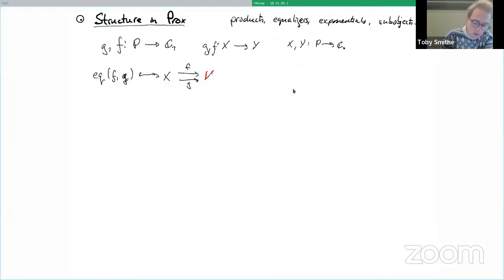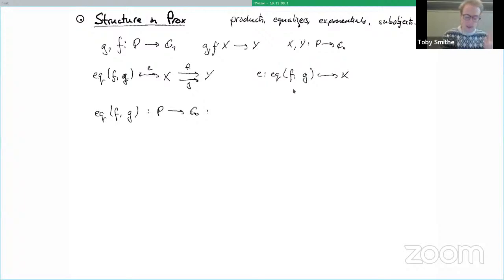And of course, this should be something like this, X, making this kind of diagram commute, F, G, Y. So, okay, what does it mean for this to be the inclusion? What does it mean for E to be this type? Well, okay, first of all, we need to define this object. So each F, G is going to be a map from P to C0. And say we're in this kind of set-like situation I mentioned earlier. It takes a parameter P, and it gives me the equalizer object because we assume that C0 has equalizers. So this is actually an object, and so this is the equalizer of the map F of P and G of P.